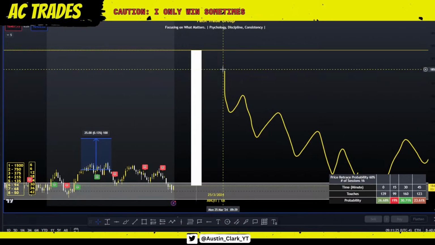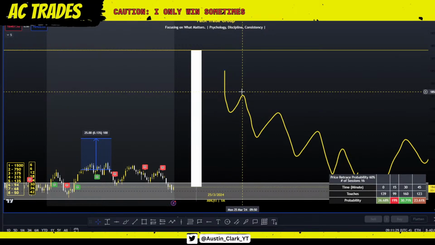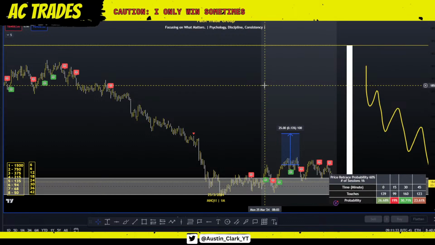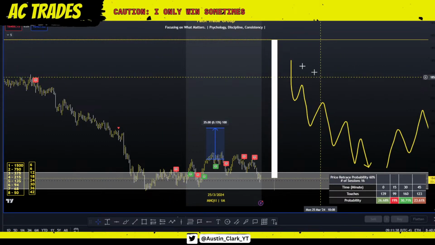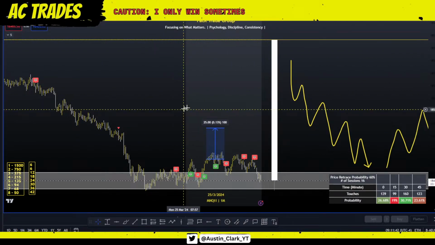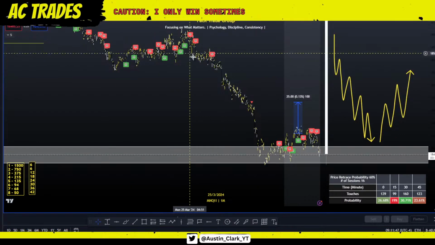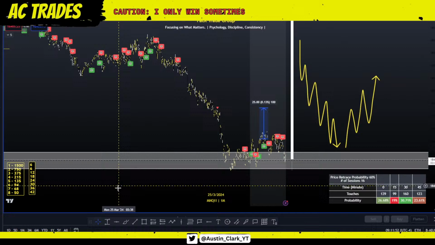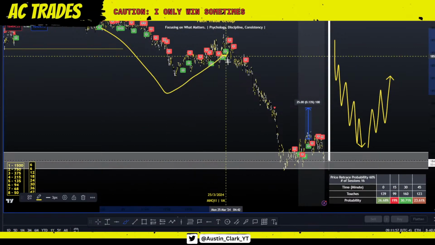So when you have these giant impulsive moves, you're going to have a pullback at some point. Really, all these midnight retracement trades are continuations of market structure on the higher time frame. If you backtest this and understand it, you're going to realize these are just retracements. You can even see here on a higher time frame, this movement to the downside is just one giant candle, making lower lows and lower highs.